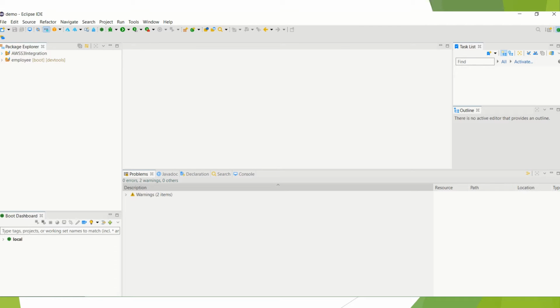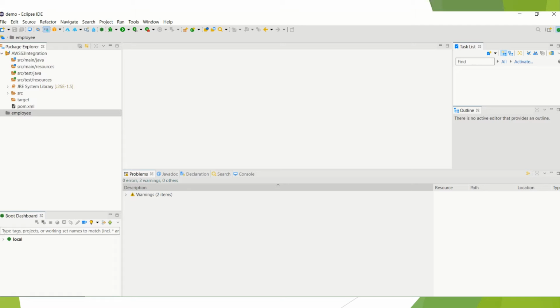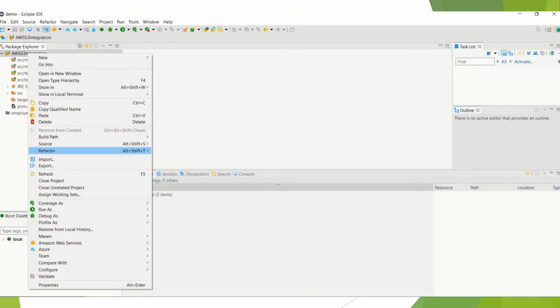Yeah, now the project has been created, right? Okay, let's close this project. So now this is the new project which has been created, aws-s3-integration. In this project we don't have anything, only the JRE system library, but I want to change the JRE system from 1.5. I have 1.8 as well as 11, so I want to change it to 11.